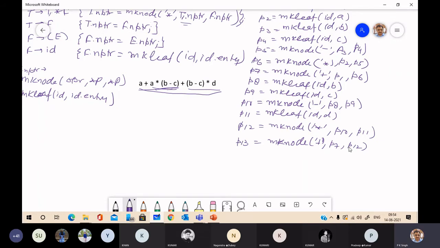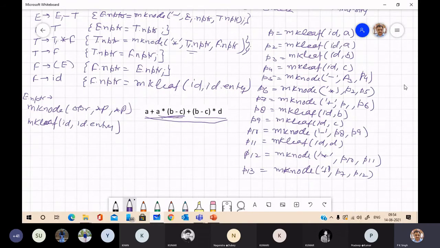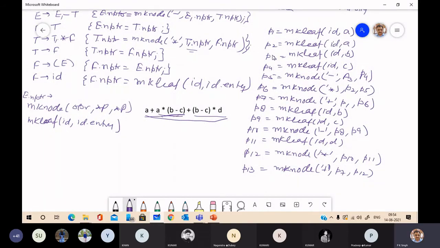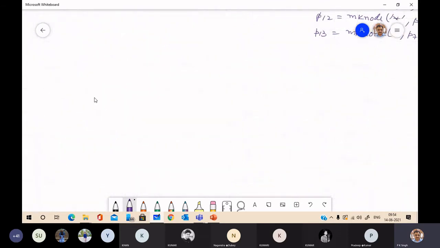Now see the effect of these calls. First see P1, P2, P3 and P4. These 4 nodes get created with A, A, B, C. So you can create 4 nodes.